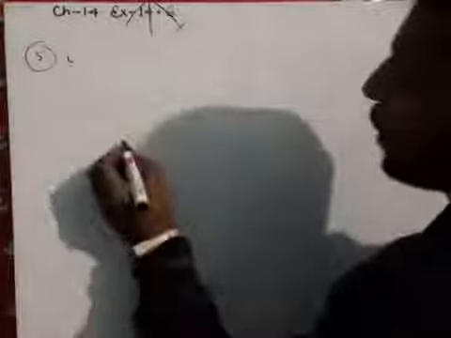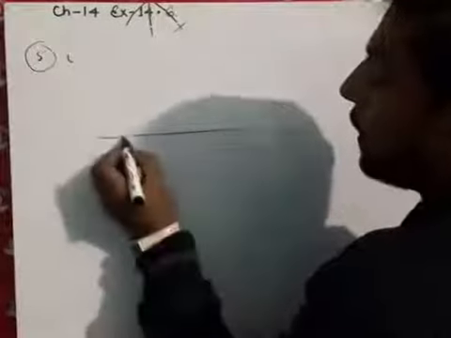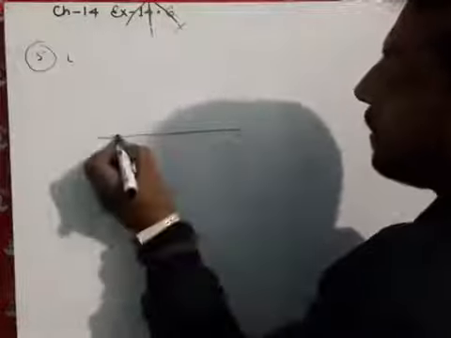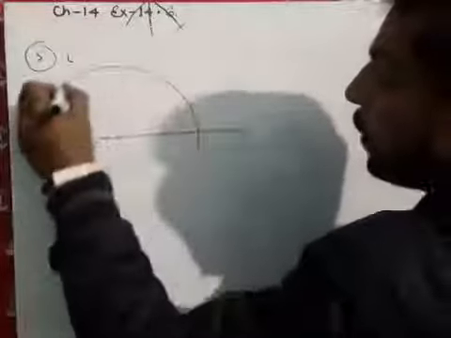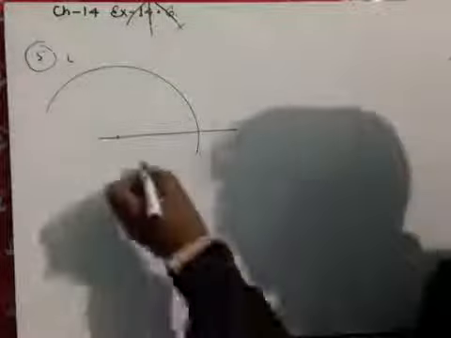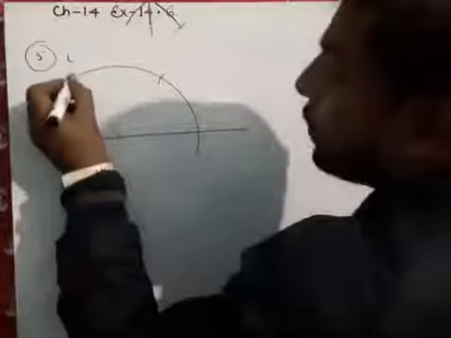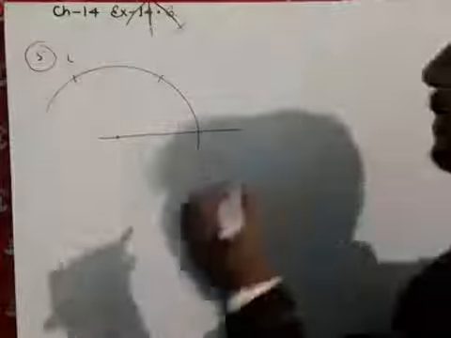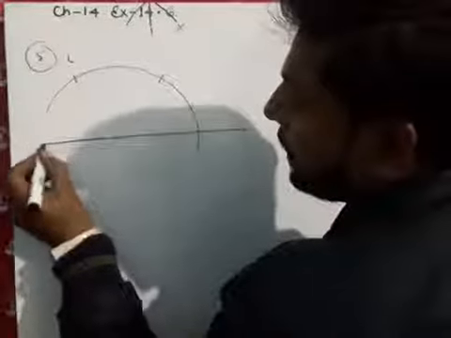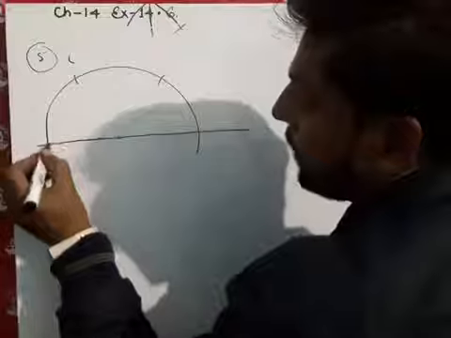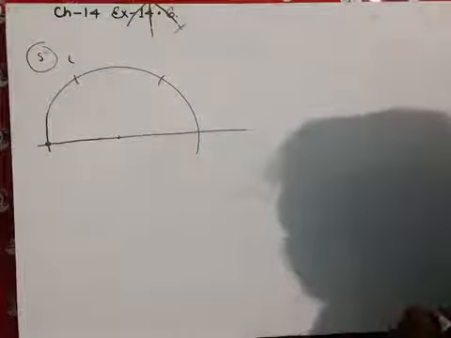First of all, we will draw one line segment and take one point. Now we have to draw one arc, and after drawing the arc, first we go to 60 degrees, then similarly we go to 120 degrees. After 120 degrees, if we produce this line and this also, they will meet here. So this completes 180 degrees.